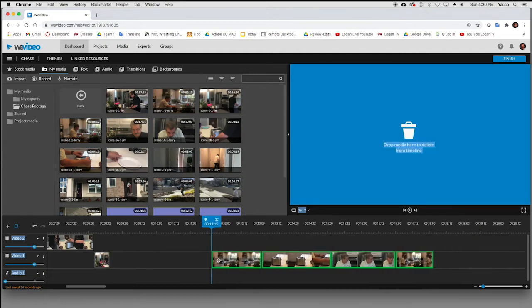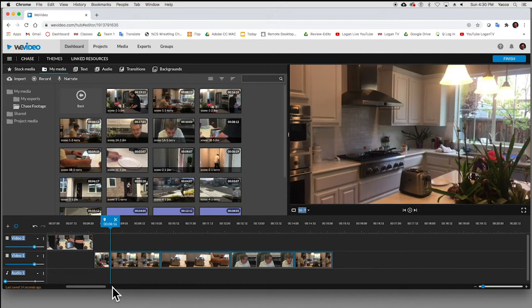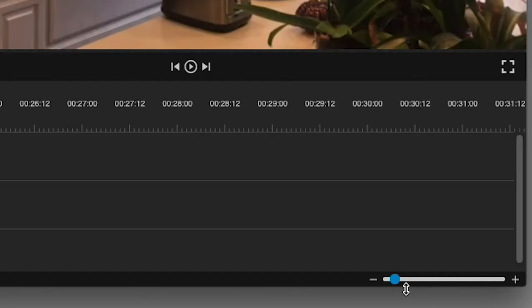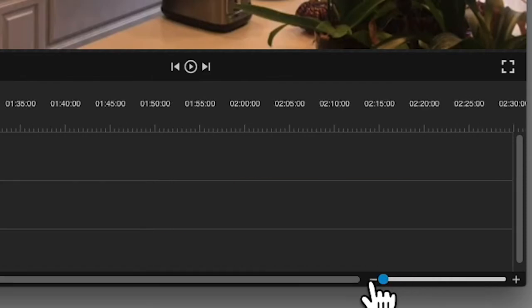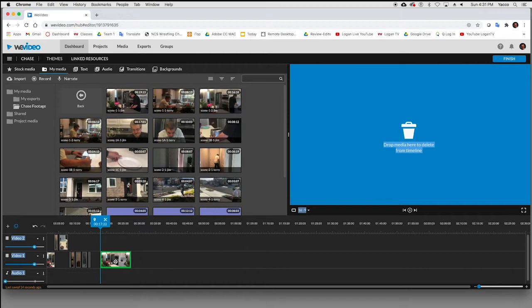I clicked and dragged to highlight them all. Now I'm just going to butt them up against what I had for the character Jim. And let me go ahead and, I guess I have to zoom this back out. Now I can't find anything. Okay, so here's my master shot now of